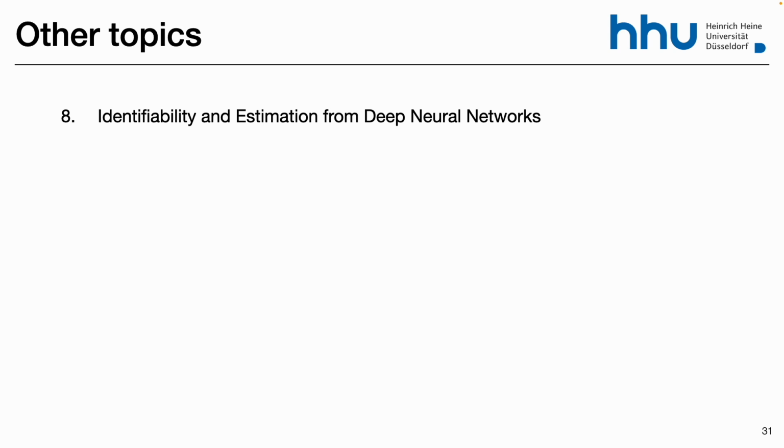Other topics. There is also a connection with deep neural networks that helps to get identifiability and estimation at the same time. It's still in the beginning. Basically, the idea is that you have an optimization procedure internally. First of all, you can do inductive bias by learning a model that follows a causal graph. So you don't use just one deep neural network as it is. You have to enforce the order of a causal diagram.